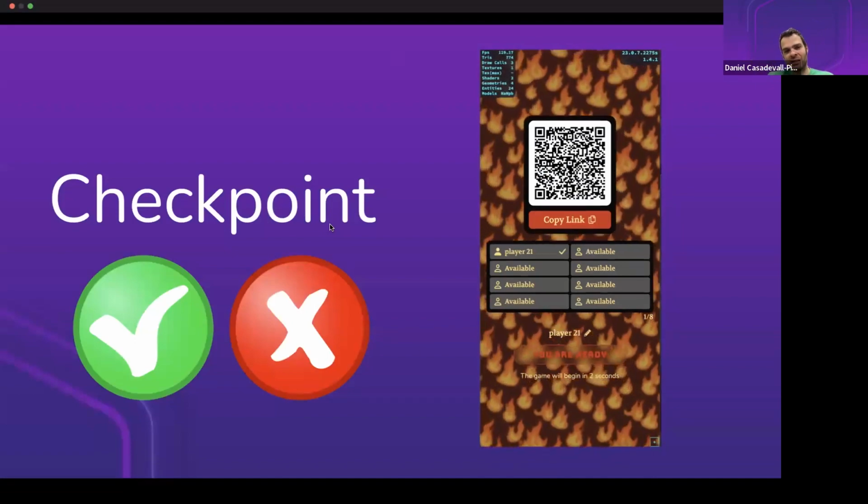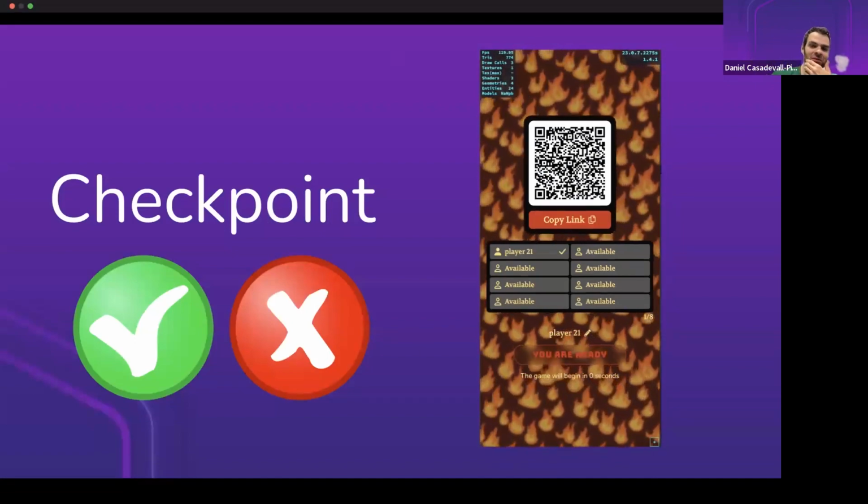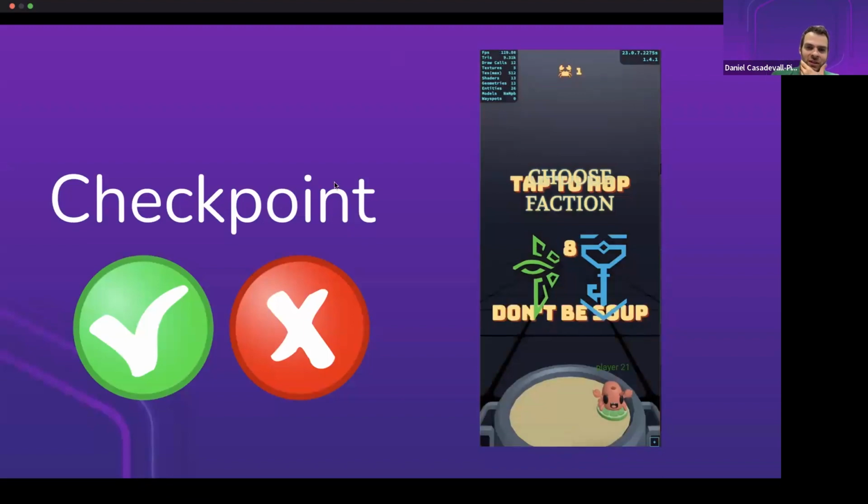I will give some time here for people to catch up. I do know it is quite a lot of code in little time, but I should be able to give a few seconds for people to catch up. While people catch up, I will comment on this because this still looks pretty broken, right? You can see that the choose faction shows up, but it just shows up on top. The game starts and you still see the UI. So obviously this is something that we'll need to fix in the next step.